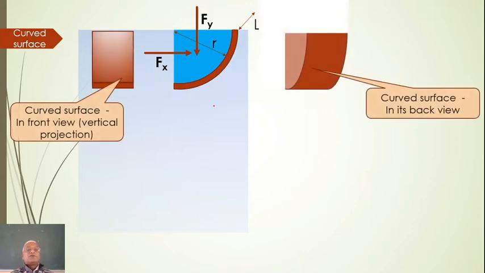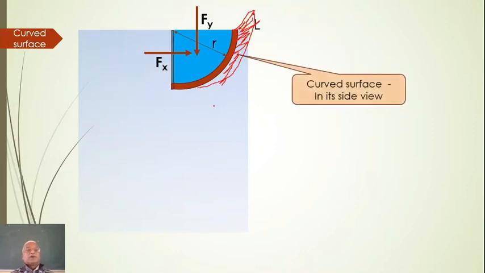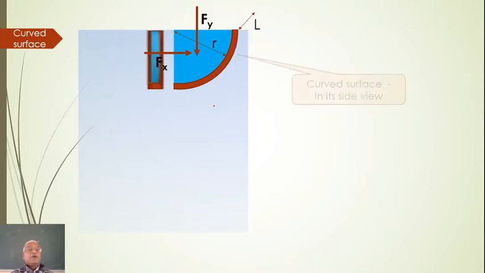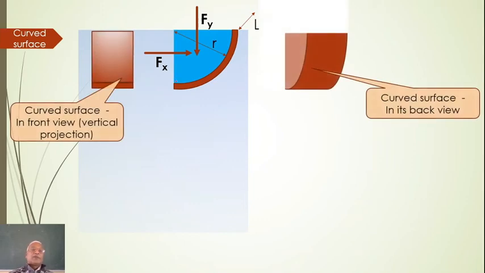Okay, this is what it is. Just have a look, right? If you stand in front, it looks like a rectangle when you view from this end. This is a curved surface like that, and this particular edge is being seen over here as a thickness. So it is a curved surface. In the front view, it is nothing but the vertical projection. Here I have tried to show the same cylindrical surface over here. So that is the curved surface we are talking about.